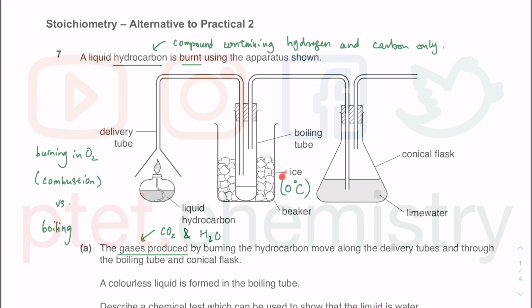Carbon dioxide does not turn into solid at 0 degrees Celsius, but your H2O, which is a gas, will condense. The H2O gas will condense, and condensation means it goes from gas to liquid, and eventually it might even freeze, but you go from gas to liquid first. Your carbon dioxide will escape as a gas,